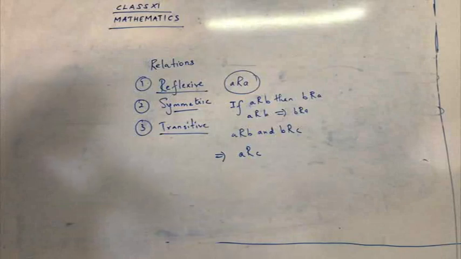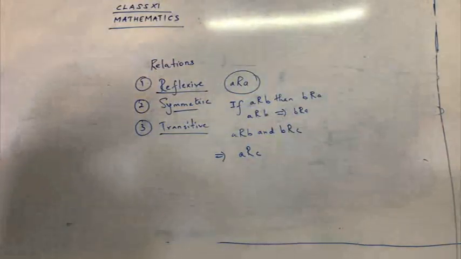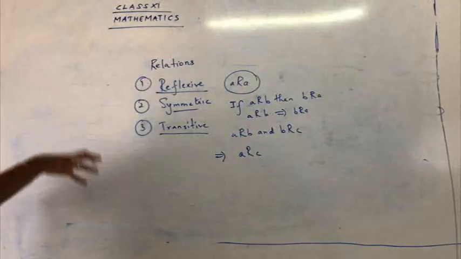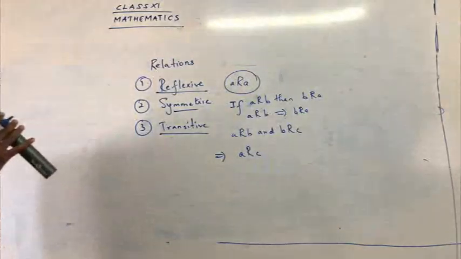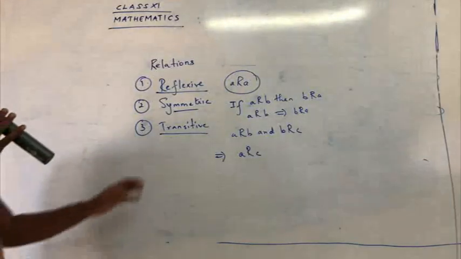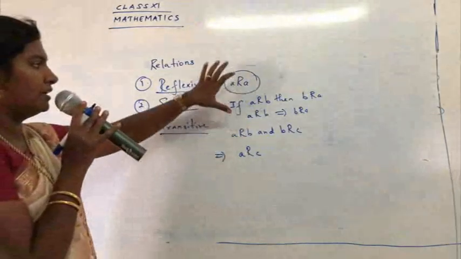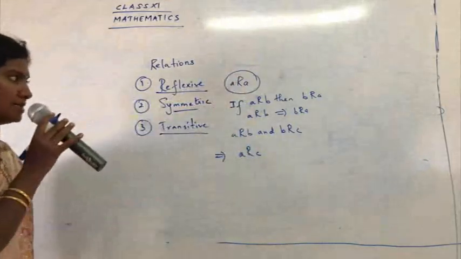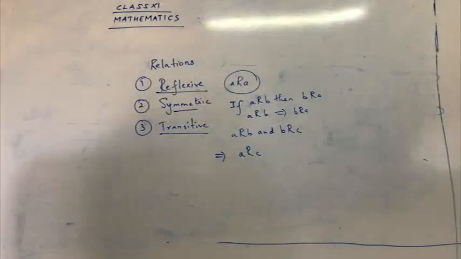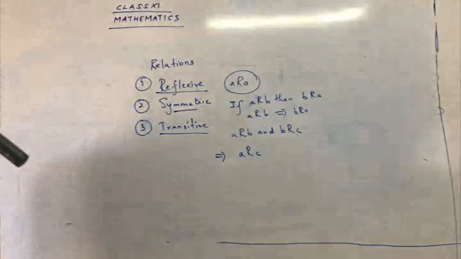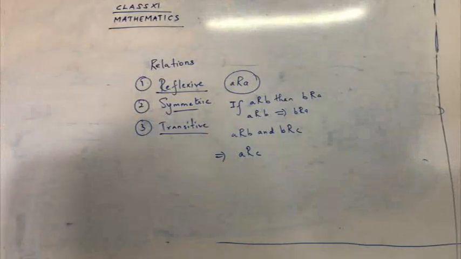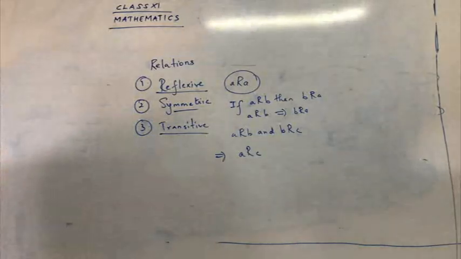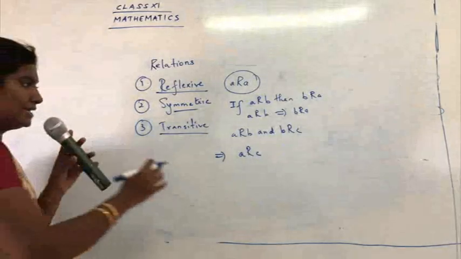These three types of relations we have already seen in our sum number 1. We started sum number 1 from exercise 1.2 and I told you to write these three. We were explaining all these three relations and we had some rules to present them. So the first one was reflexive, A related to A. Remember the definition; the definition is very, very important. Once we are thorough with the definitions, we can do a sum very easily. Symmetric: two elements, A related to B, then B related to A. Third one, transitive: here three, A related to B and B related to C implies A related to C.